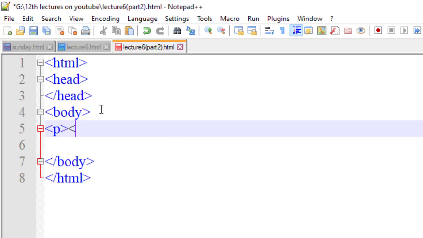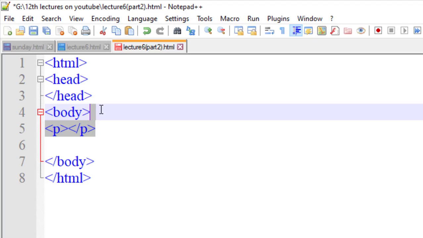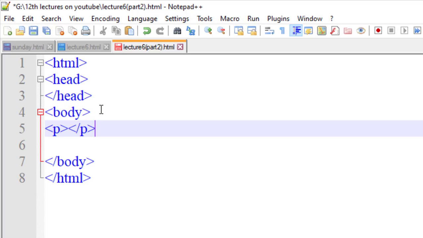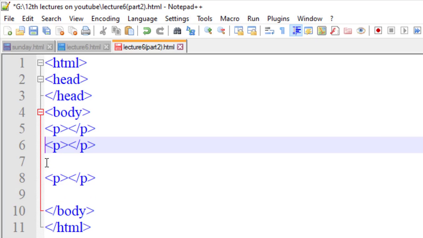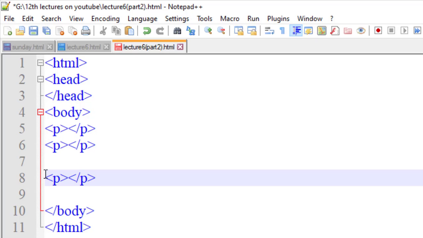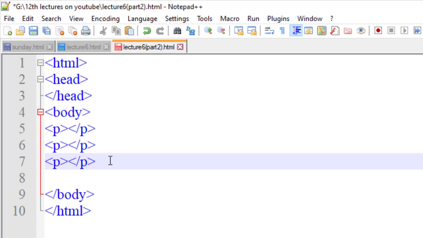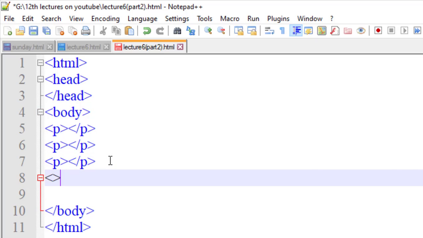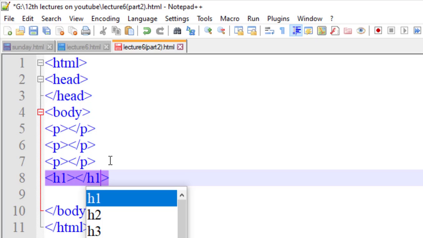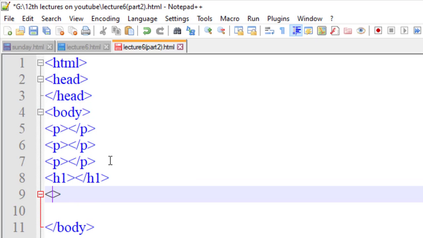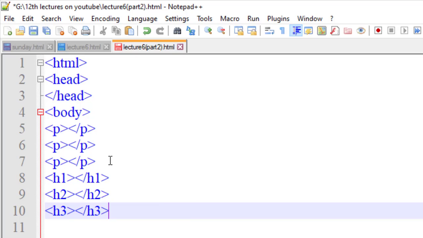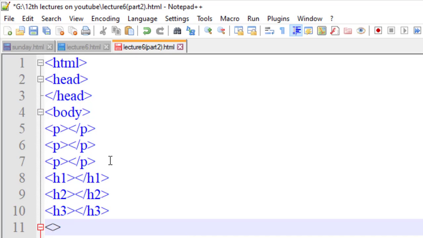First paragraph, p. Just copy this, then paste this, and after that I will write the h1 tag, h1 tag close, h2 tag, then h4 tag, h4 tag close.